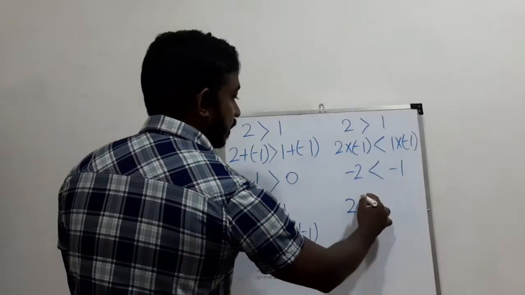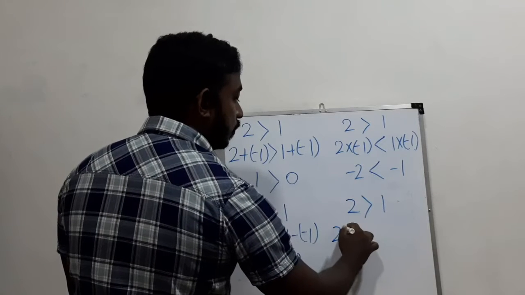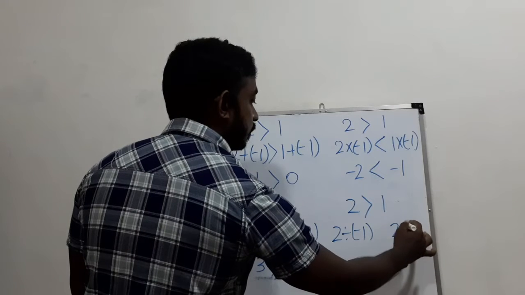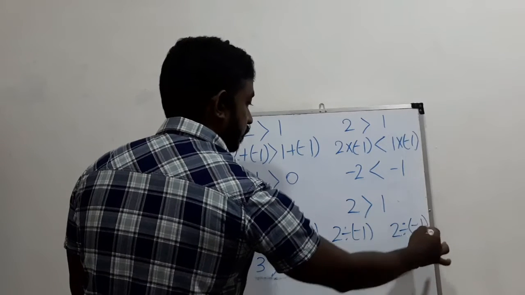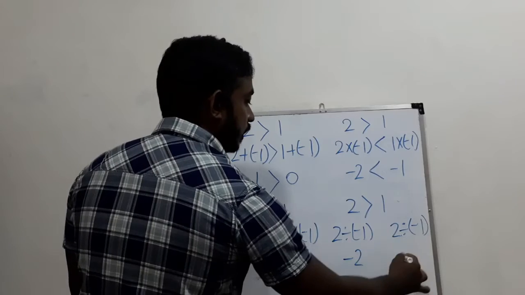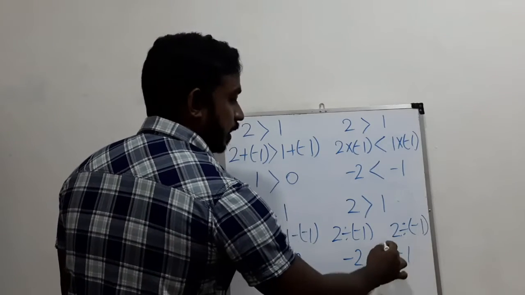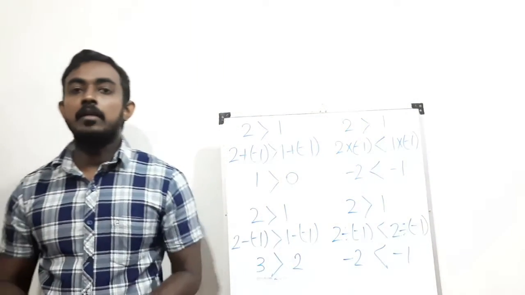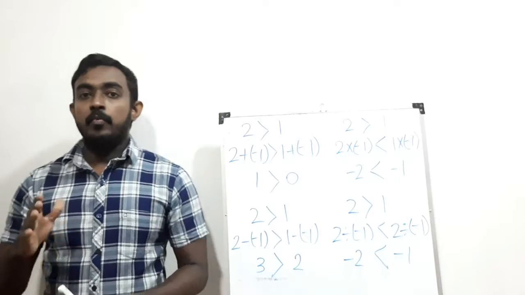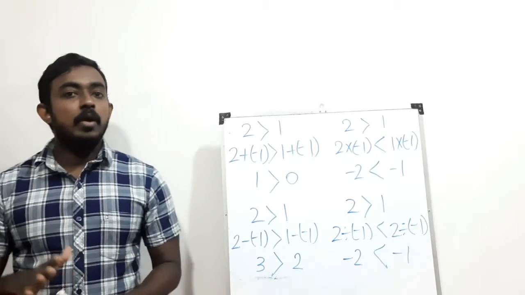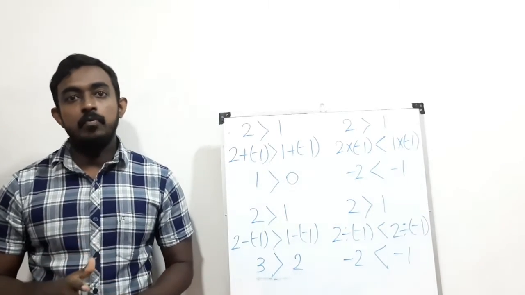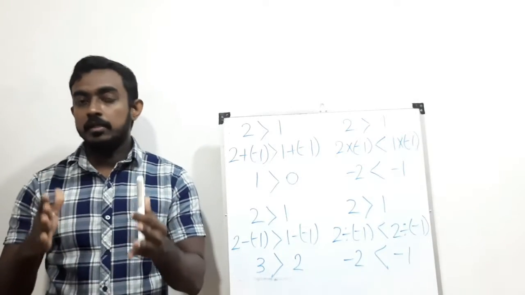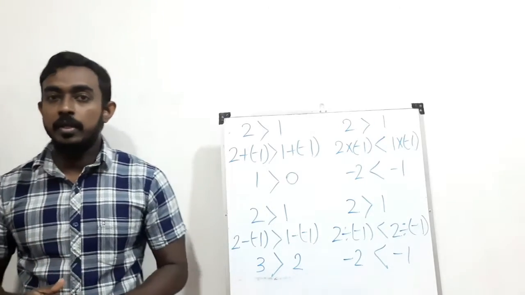Okay, let us see the division then. 2 is greater than 1. If we divide both sides by minus 1, what would happen? Then it will be minus 2 here and minus 1 here. As you can see again, the inequality mark changes. Therefore, we can come to the conclusion that when we multiply or divide an inequality by a negative integer, the inequality mark changes. So keep that in your mind and let us move on to an exercise.